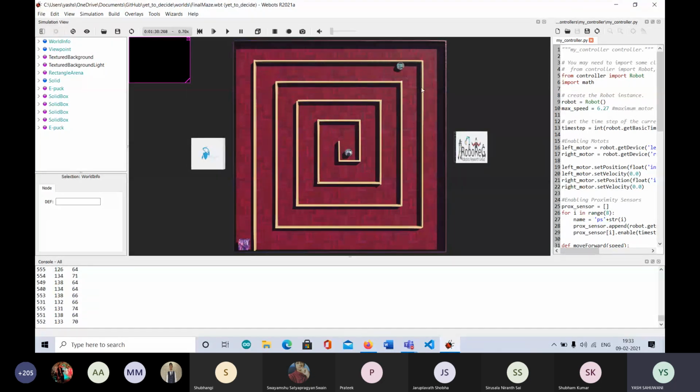So this is the simulation, and it's trying to solve the maze. It might lag a bit. I'm sorry for that, the internet connection might not be that good. But this is it. You need to solve this maze via distance sensors and differential drive. As I explained, differential drive, how to move left, how to move right, that is the concept. This is basically the first PS. I guess the second PS, Raghav can explain in more detail, so I'll hand over to him now.